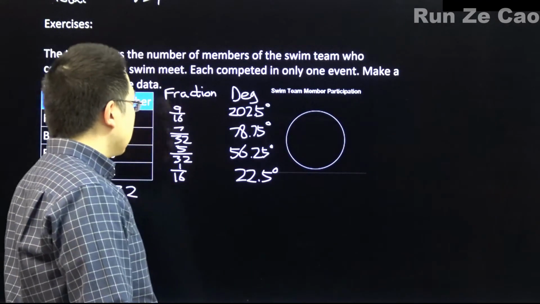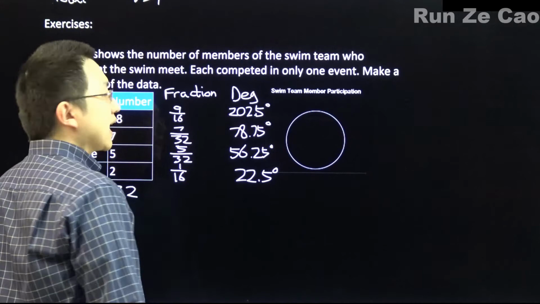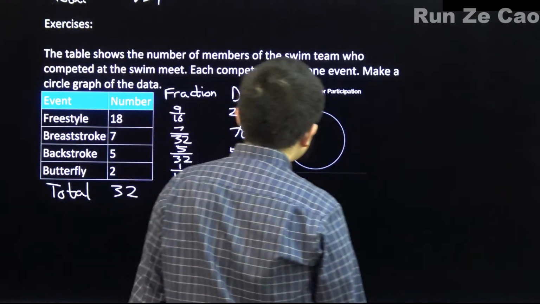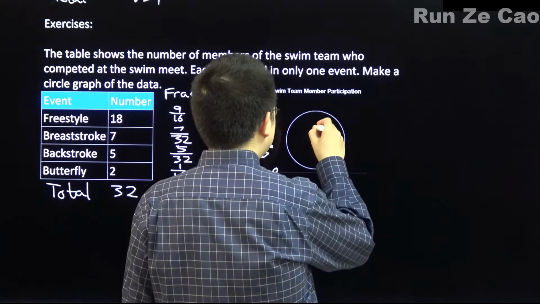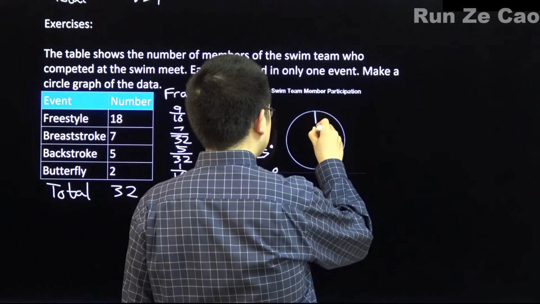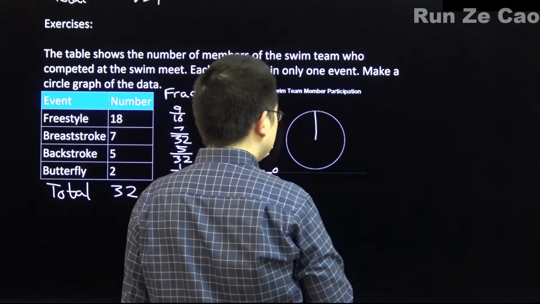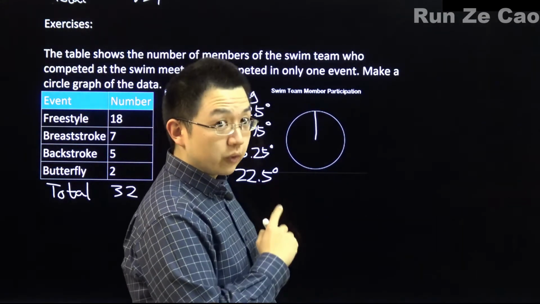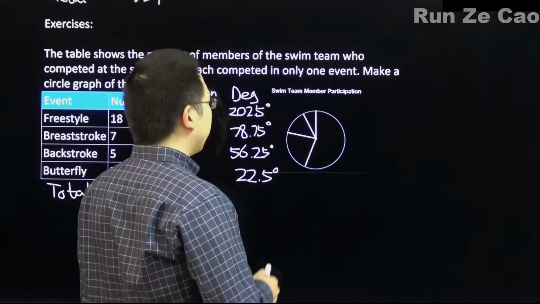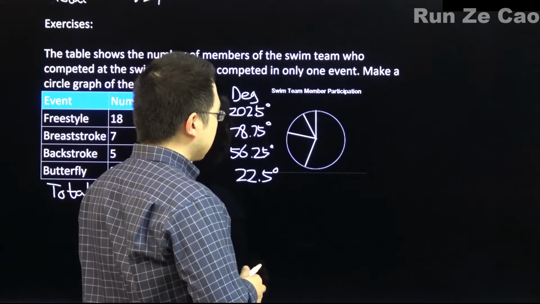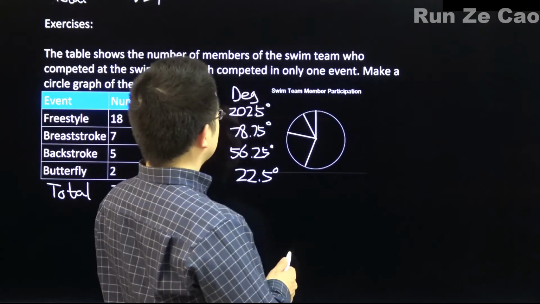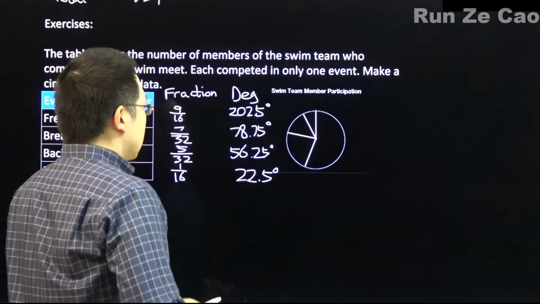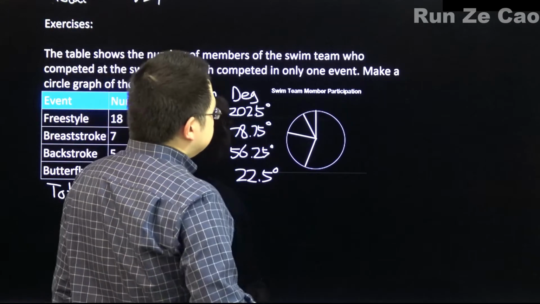Okay, 22.5 degrees. How much is that, guys? Well, we know that 45 degrees would be... You know what? Let's use a ruler for this thing. Of course, there is skill to be had in being able to eyeball a pie chart and say, oh, this is about right, or no, what is this? I don't even. For example, here,